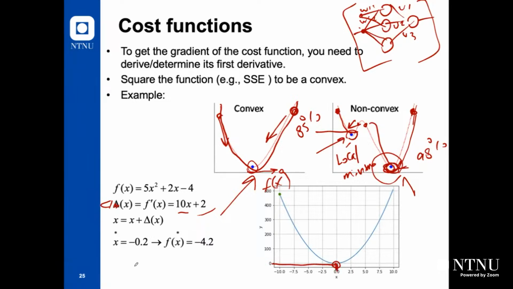So if you need to minimize f of x, what will be the value which will minimize it? It will be x star. So we need to find this x star. If you want to solve this problem analytically, you can just